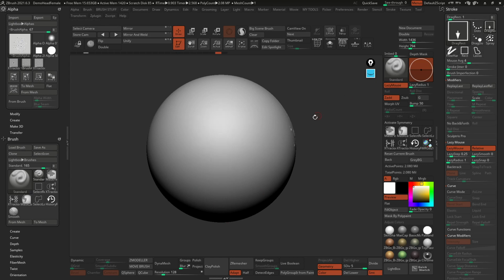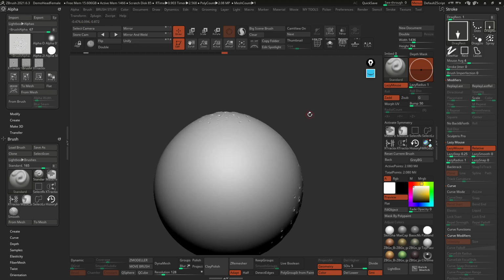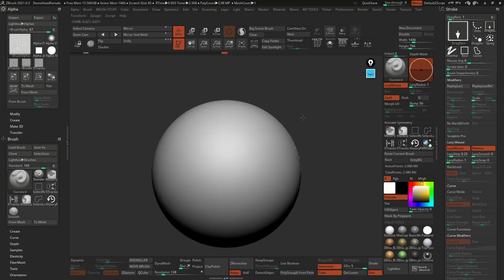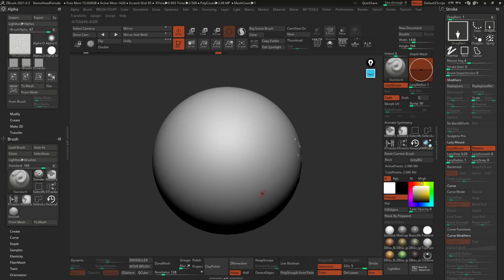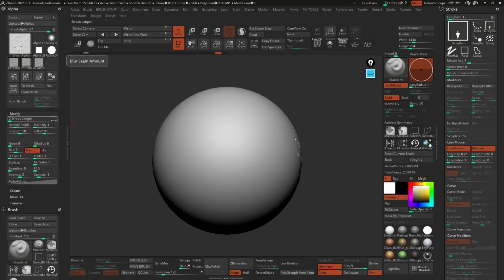And the main difference is that, let's just drag it, you'll see if I rotate around, this actually creates a bit of a bump, right? So it adds volume. This is the thing that I wanted to show you, and the reason I changed to a different brush. So now we have the standard brush, the same stroke type, but if we go to the modified tab here under the alpha, we can click on this surface.